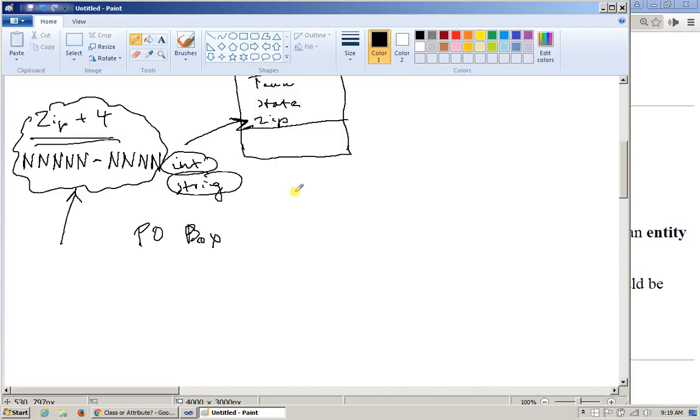Is it enough for me to just store a string or a number as an attribute, or should it be this sophisticated? Then of course it becomes a separate entity, as soon as I begin to see those things, and as soon as I begin to see that the zip codes can be updated separately,